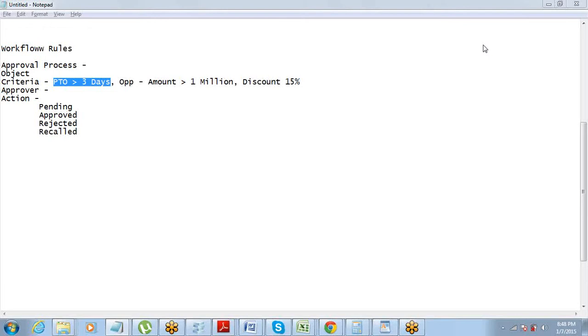So the only difference between them is that approval process has different stages of actions. That is it. Nothing more than that. Is it? It's not the only difference, but basically the primary difference we are talking about is while defining it. Functionality-wise it is definitely different. But the primary difference in terms of defining an approval process and a workflow rule is that you have to define an approver here, and you have to define actions at different stages. Rest everything is pretty similar to what we did in workflow rule. Correct? Okay.